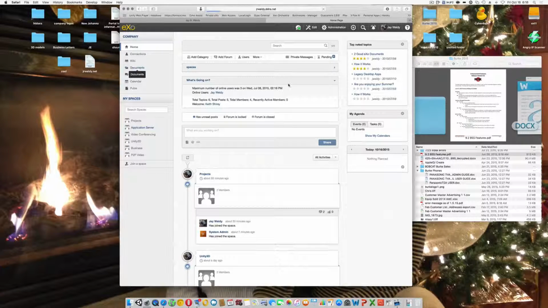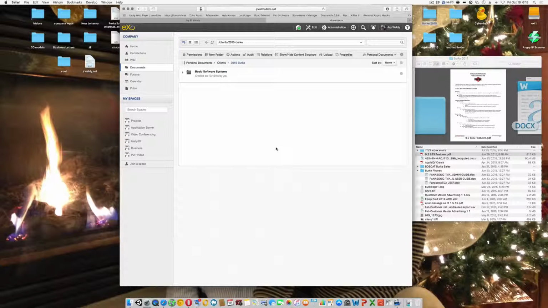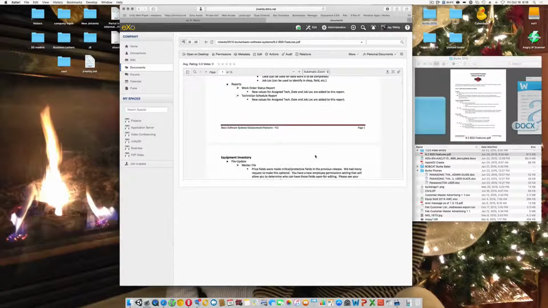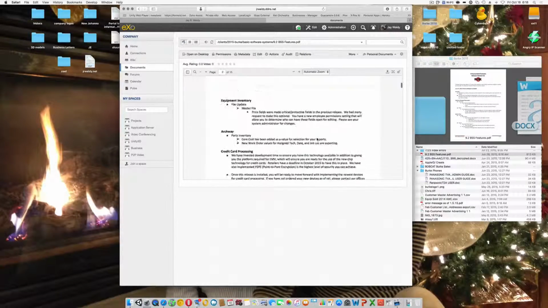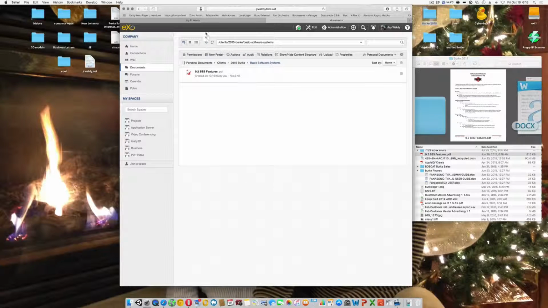Number one, let's look at documentation. And eXoPlatform excels at many things, and it's hard to encapsulate eXoPlatform in a 5 or 10 minute demo video because there's so much that goes on within the system. And as you can see, what I have here is a PDF with some features from a release of business software, and I can